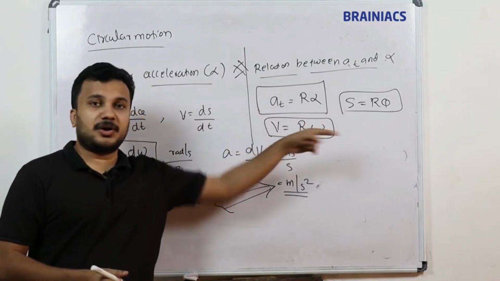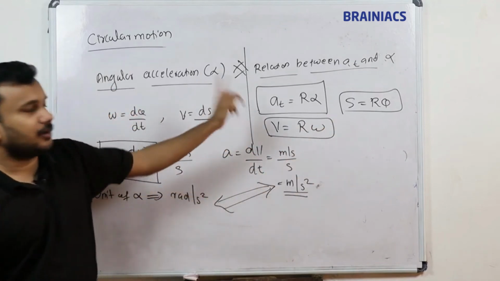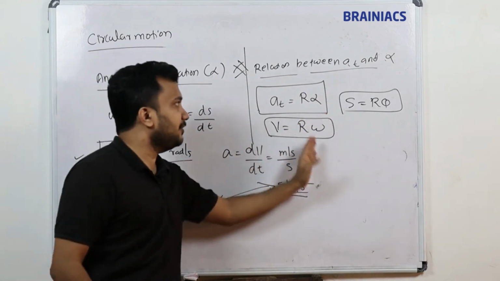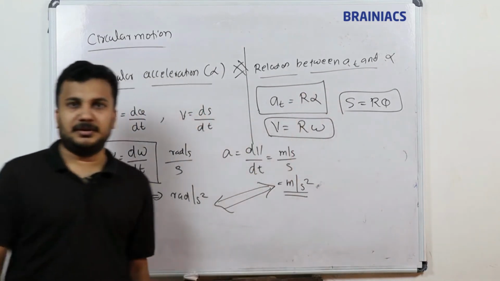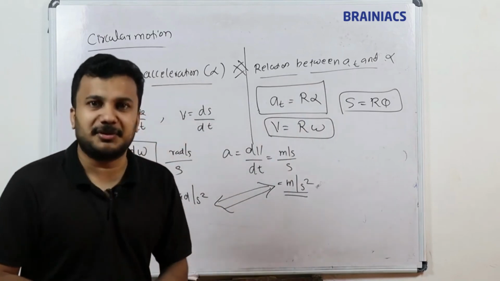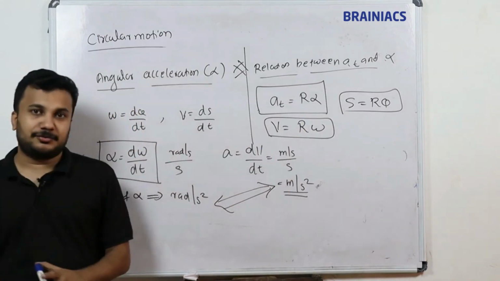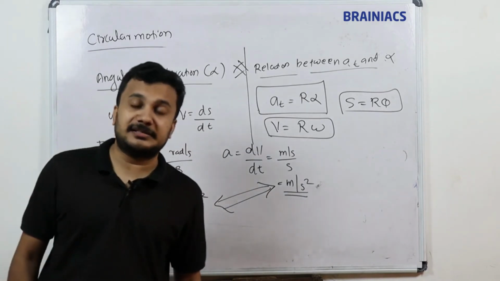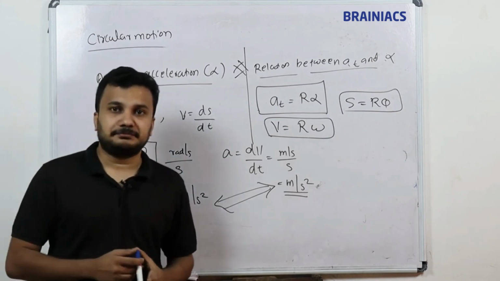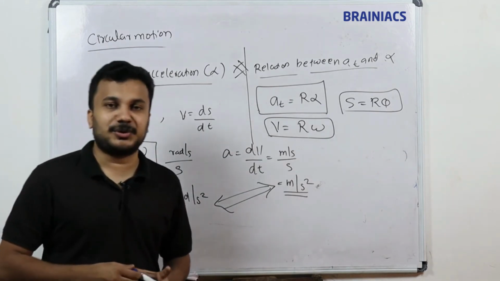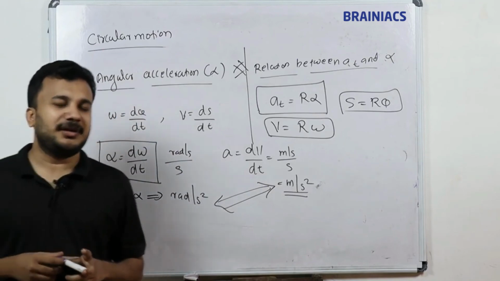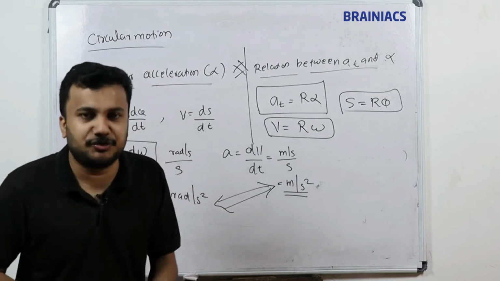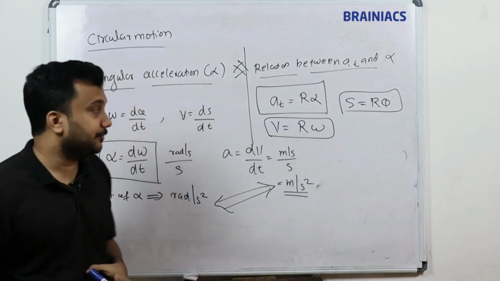So see the beauty: S is equal to R theta, V is equal to R omega, A is equal to R alpha. Left side linear quantity, right side circular motion quantity, everything is connected with R. This is just a shortcut I am saying to remember, because in the entire phases we will learn a lot of formulas. Just before the examinations, you have to remember all these formulas, else it's difficult to write the examinations. All the formulas should be in your mind based on your practice and learning, but you have to practice frequently.